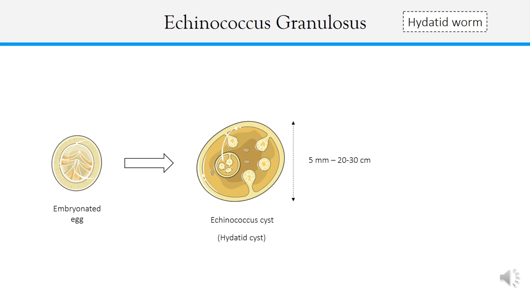Unfortunately, the size of an Echinococcus cyst may be quite big. Why unfortunately? Imagine a dramatic situation if a cyst with a diameter of, let's consider not 20 centimeters, but a few centimeters, is located in the brain. This may lead to dramatic consequences for the health of the patient. Or imagine how severe the situation may be if the cyst grows further and reaches up to 20 or 30